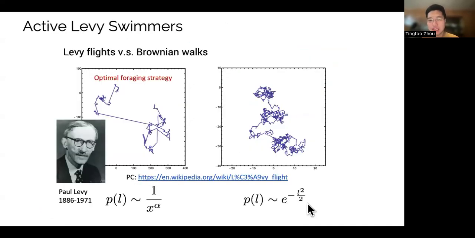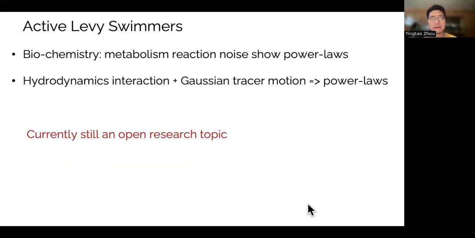So that's our motivation to start thinking about how to model these bacteria properly to capture that super-diffusive behavior, right? So we're going to move from the Brownian walk or active Brownian walks on the right towards the left side, which is a Levy walk or Levy flights. And we're going to name this model, naturally, active Levy swimmers. So before we jump into the math that we did,